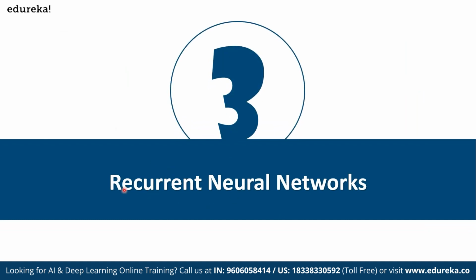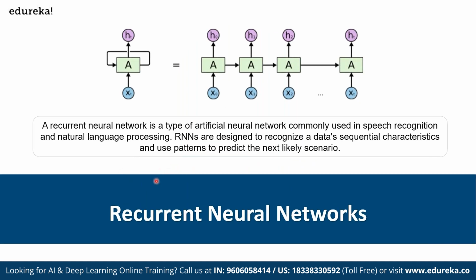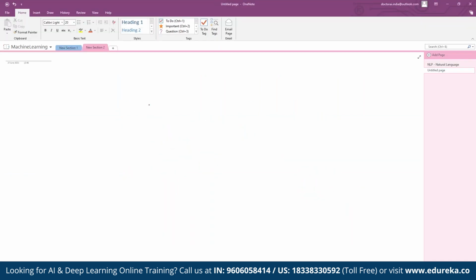Now, one of the sections of NLP using deep learning is the recurrent neural network. So let us try to understand what a recurrent neural network is. But before we understand this, let us understand what sequential learning is. Now, what do you understand by sequential learning? Basically, sequential learning is, suppose I am teaching you